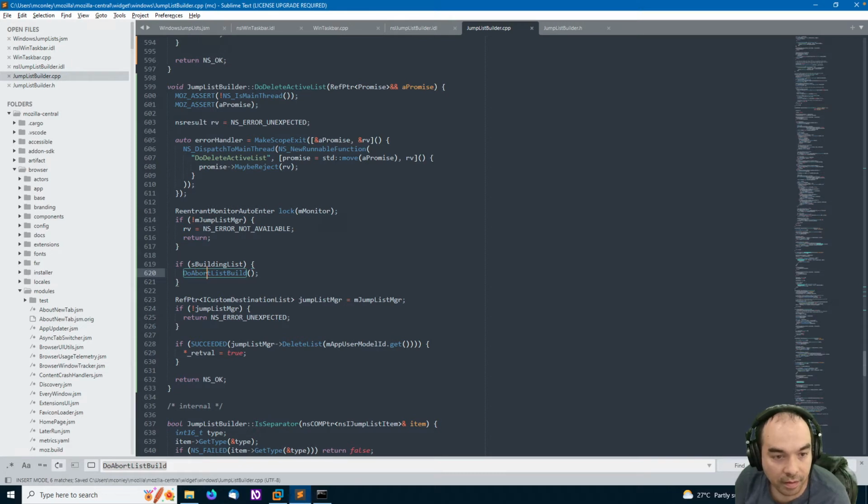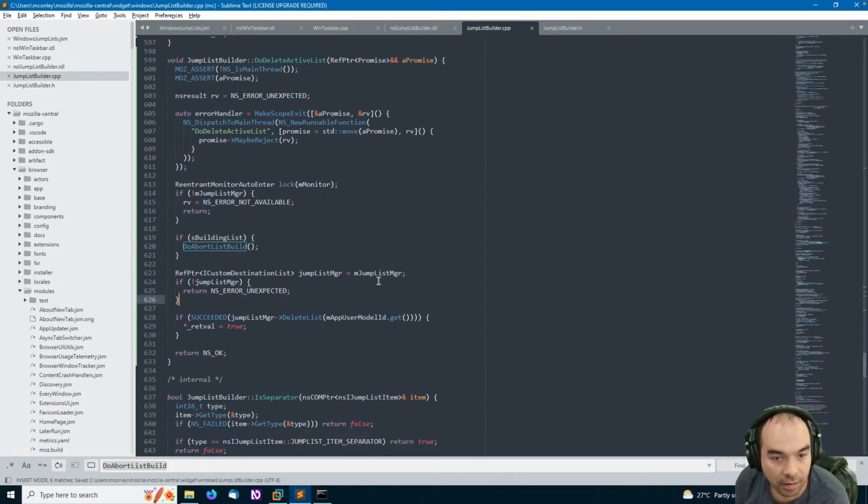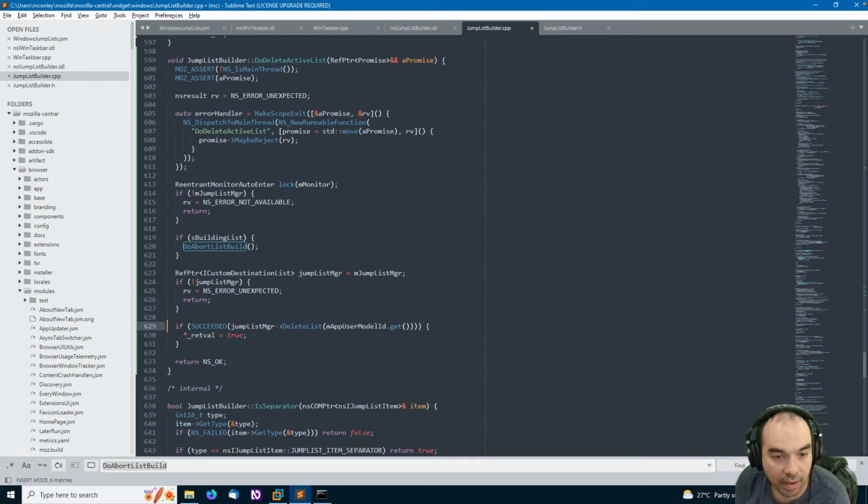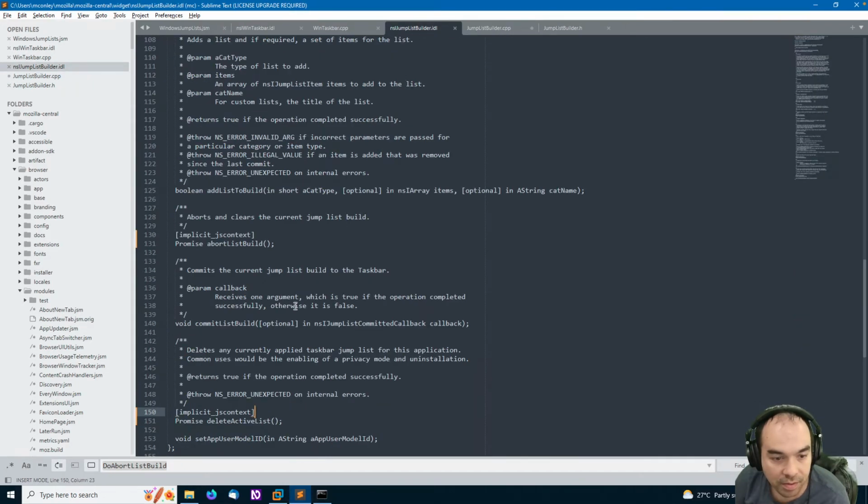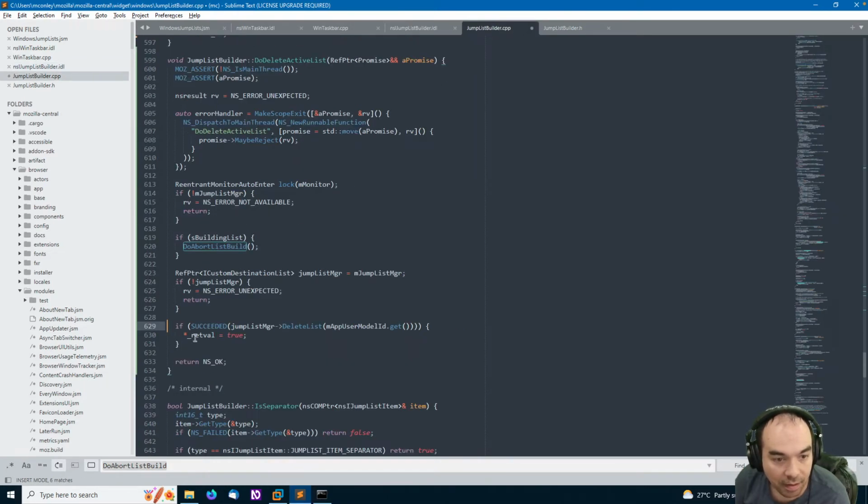and then rv equals that, and then returning, and then if we were able to delete, if we were able to succeed, what is the original? Sure, if the operation completed successfully, well, I'm gonna have to update this documentation, but otherwise, we're gonna resolve with false.